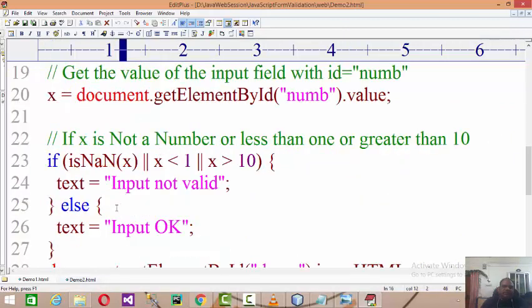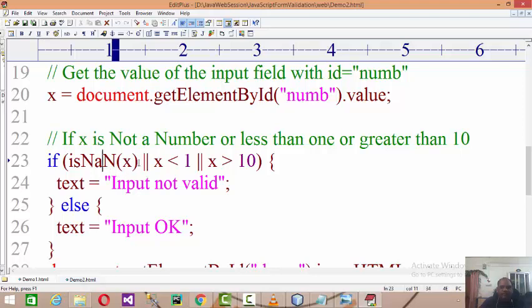And then here we are checking whether that number is a number. There is a predefined function called isNaN, not a number. isNaN will check whether the given data is numeric or not. If x is numeric, then it will return false. If x is non-numeric, meaning alphabets are there, it will return true.